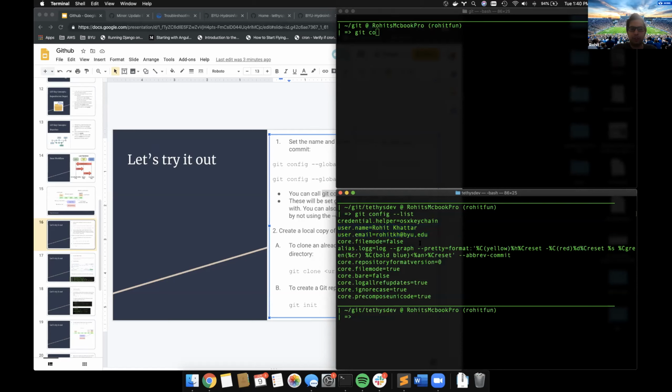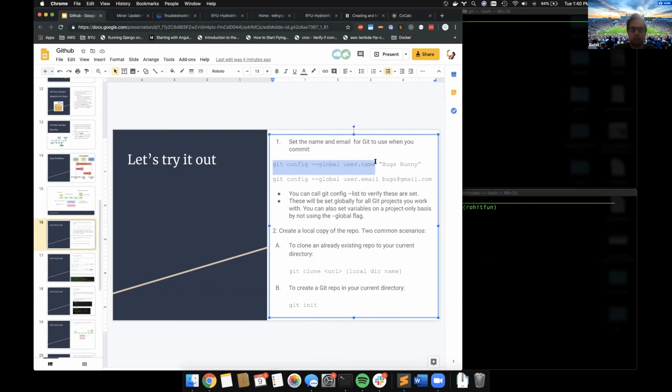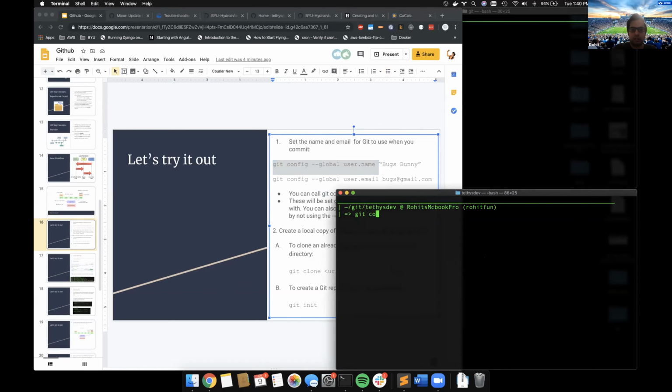Okay, so what we're going to do is basically set these identifiers so that anytime you make a commit, the Git software knows who is actually making the commit. And usually this will happen once you use Git quite a bit and they'll ask you for these things. So what I want you to do is just run these commands. So we're going to run git config global, and we're going to set user.name to whatever your username is. So I prefer using my full name for that so that people can identify my commits. And that's kind of how you would just set it. We're going to do the same thing for